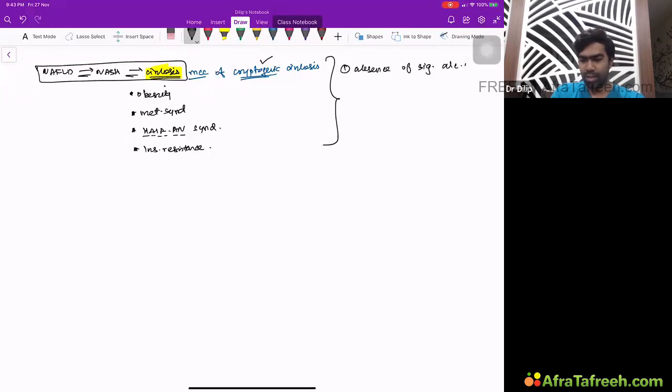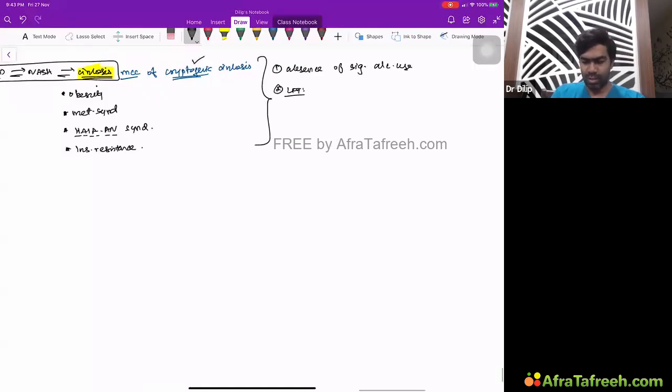That's the number one point. That's the first thing you have to rule out. And the second thing is the LFT. Typically in NAFLD, LFT may be completely normal, but usually the AST-ALT ratio will be less than 1. AST and ALT can be elevated, but the AST-ALT ratio will be less than 1 in this particular situation.